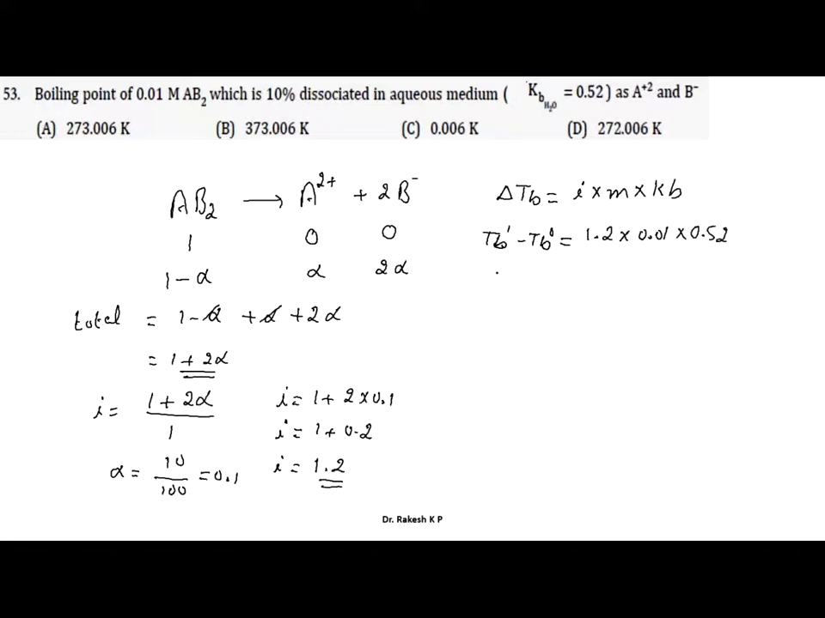Okay, so we don't know exactly what this one is here. So I'm going to take the TB dash, the particular TB naught, towards the right side here. If you do the calculations here, we are going to get